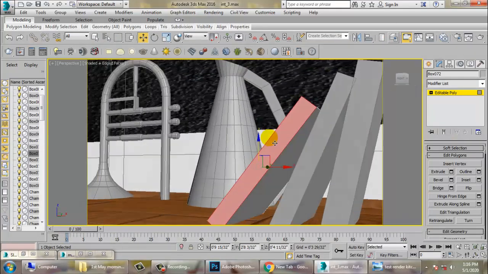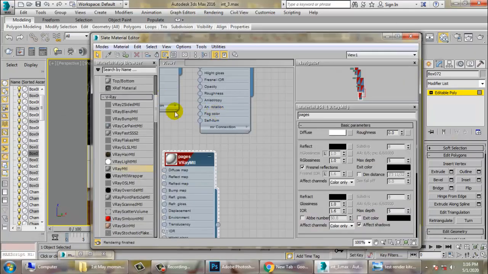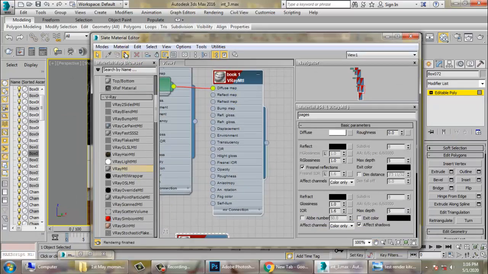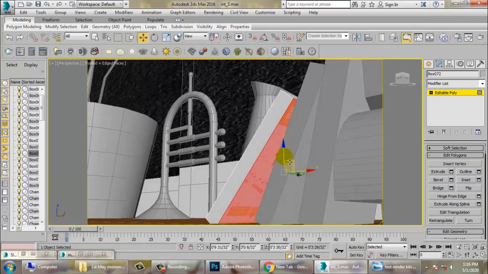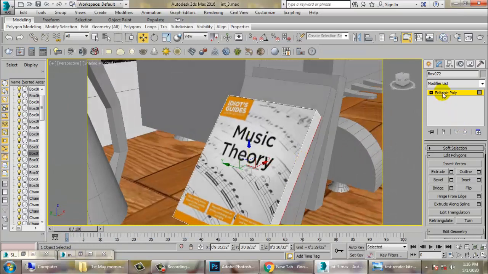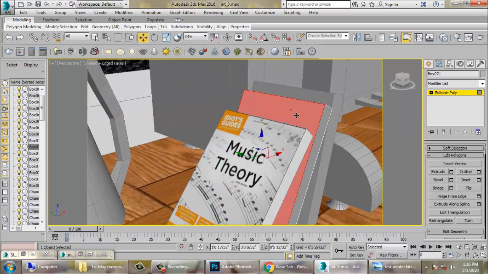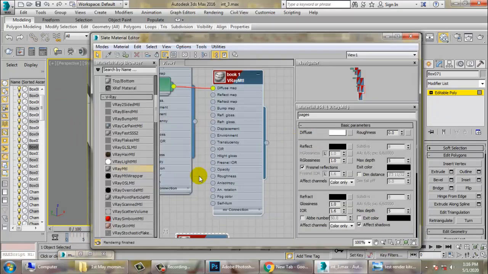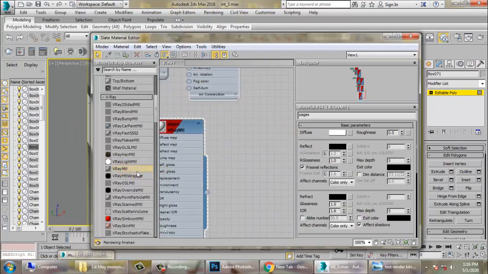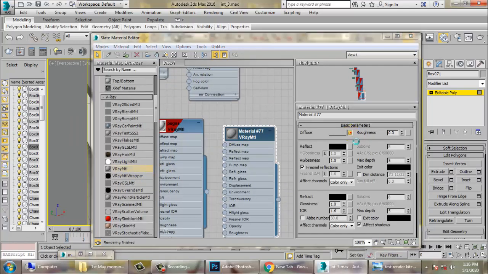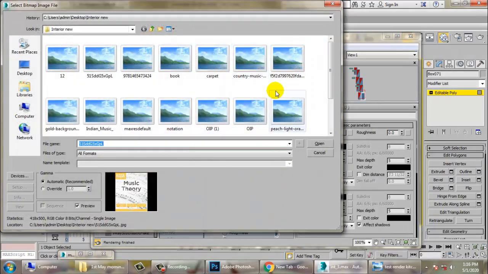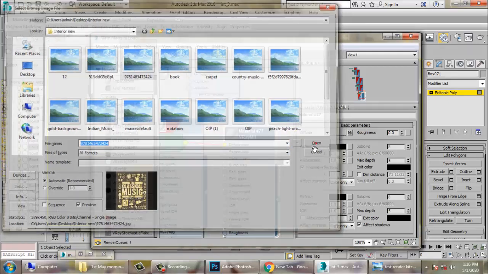On the other hand, same texture, assign the same texture, select this book, press 4 over here again, material, let's take a V-Ray material again, bitmap, and let's give one more texture to it.